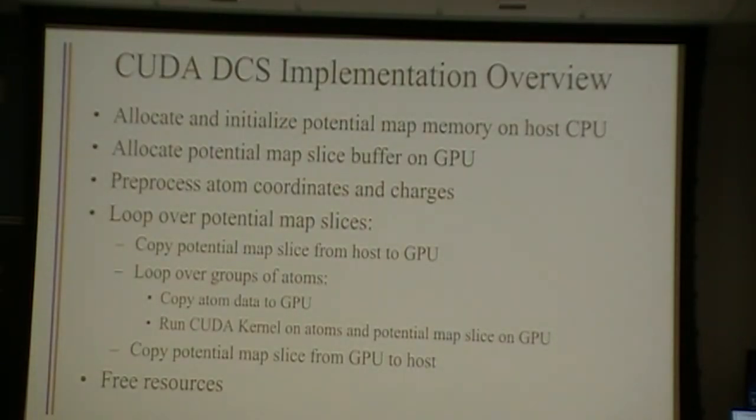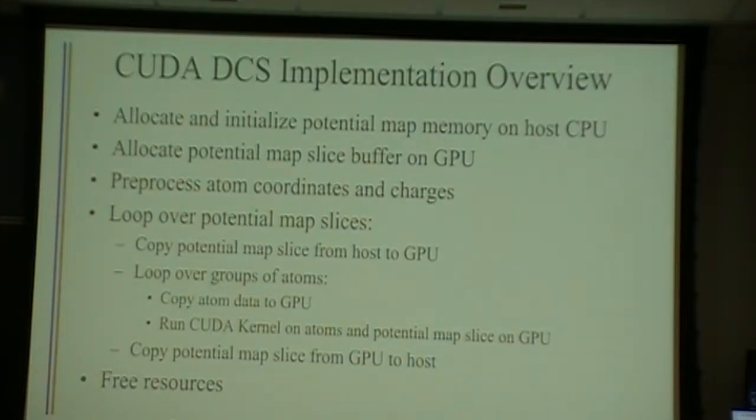Okay, so I guess there's some preprocessing or initialization work, but for all of the 2D slices, we copy that slice onto the GPU. We loop over all of the atoms. Maybe all of our atoms don't fit on the GPU, so we'll just do a few of them at a time. But over all the potential slices, over all the atoms, we run the CUDA kernel,